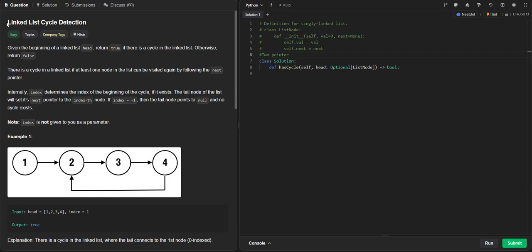Today we're going to be doing linked list cycle detection. Given the beginning of a linked list in its head, return true if there's a cycle in the linked list. Otherwise, return false. So typically, when we are dealing with anything to do with a cycle, we will most likely